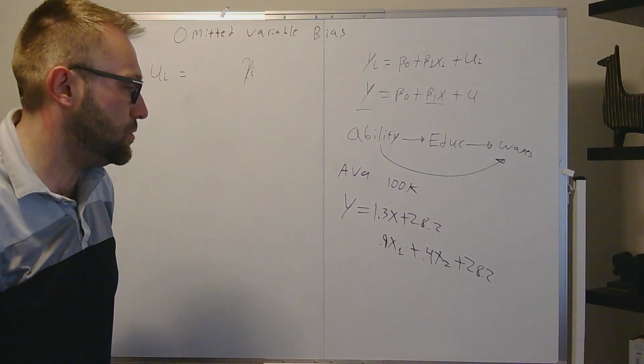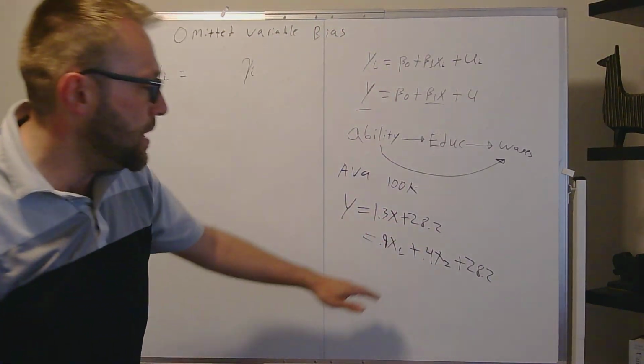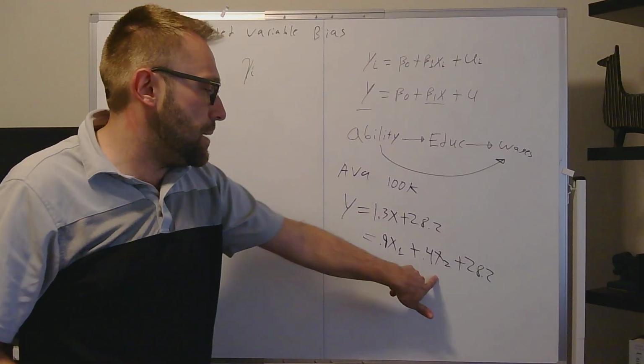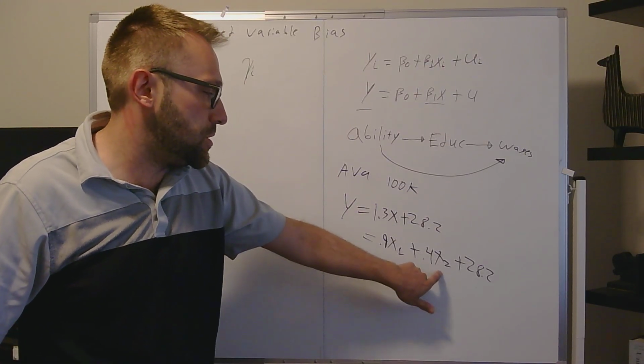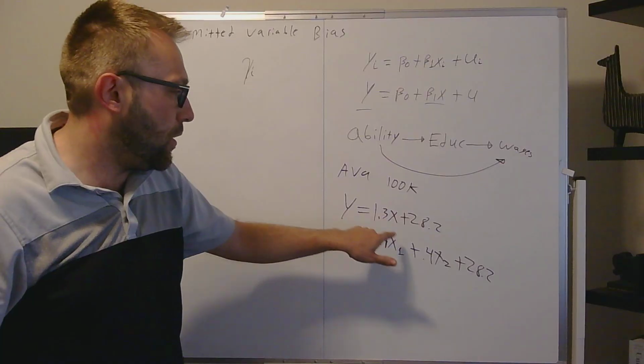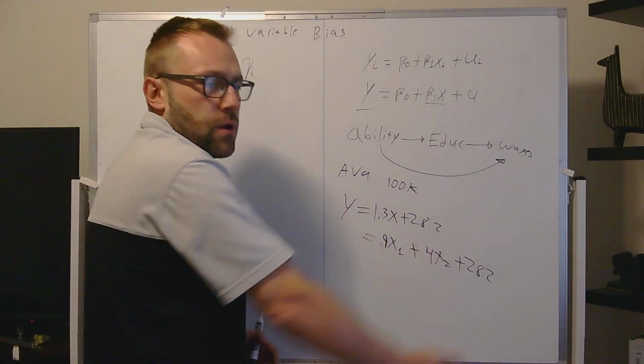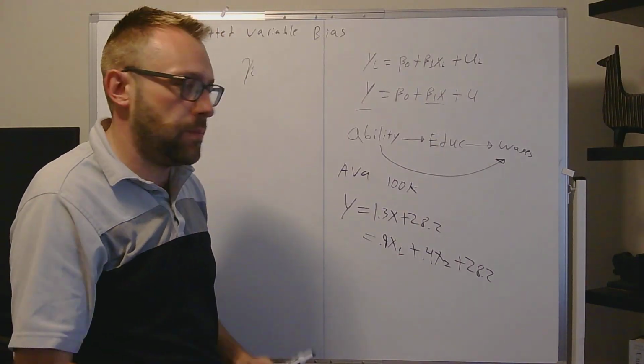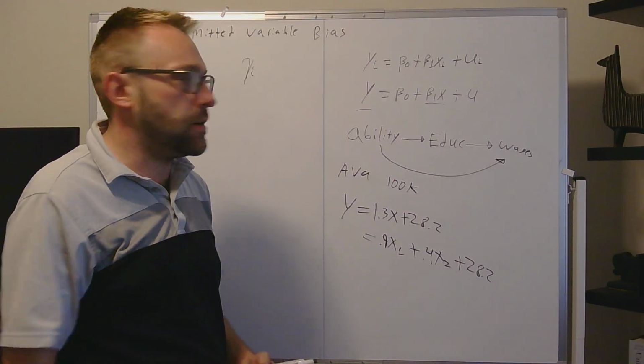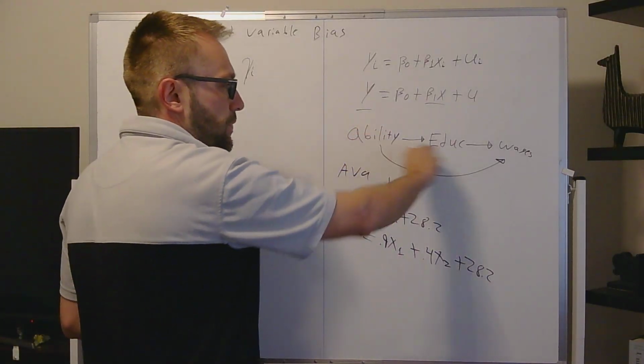I'm just using this as a loose example, but in reality, education should be separated from ability, and ability would account for 0.4 of the 1.3 we observe when we don't also run our regression considering ability. Because if we don't consider ability, all of that ability information